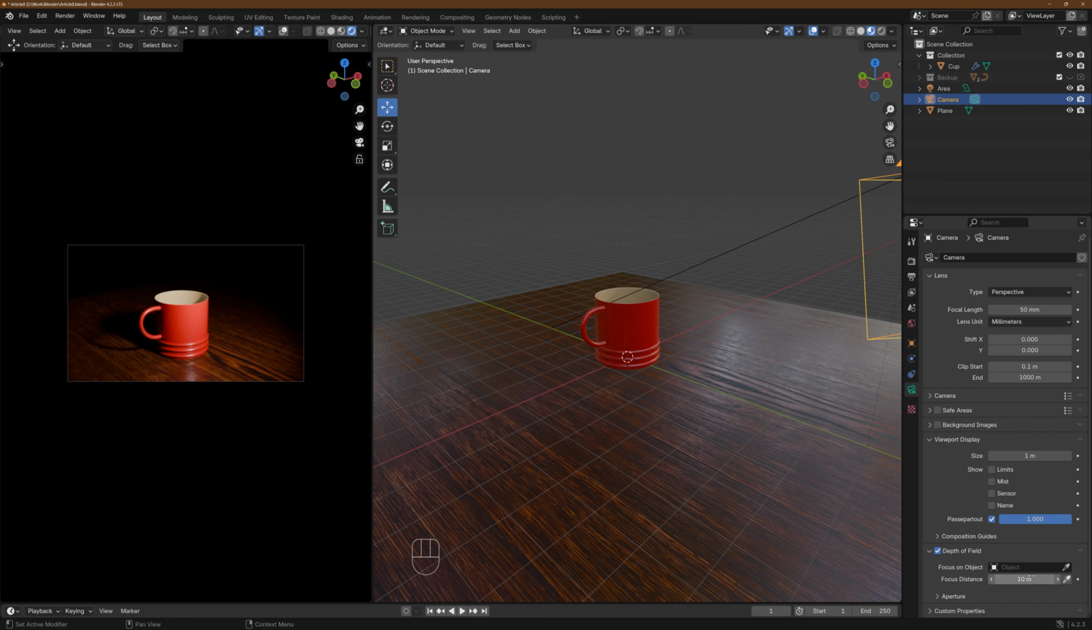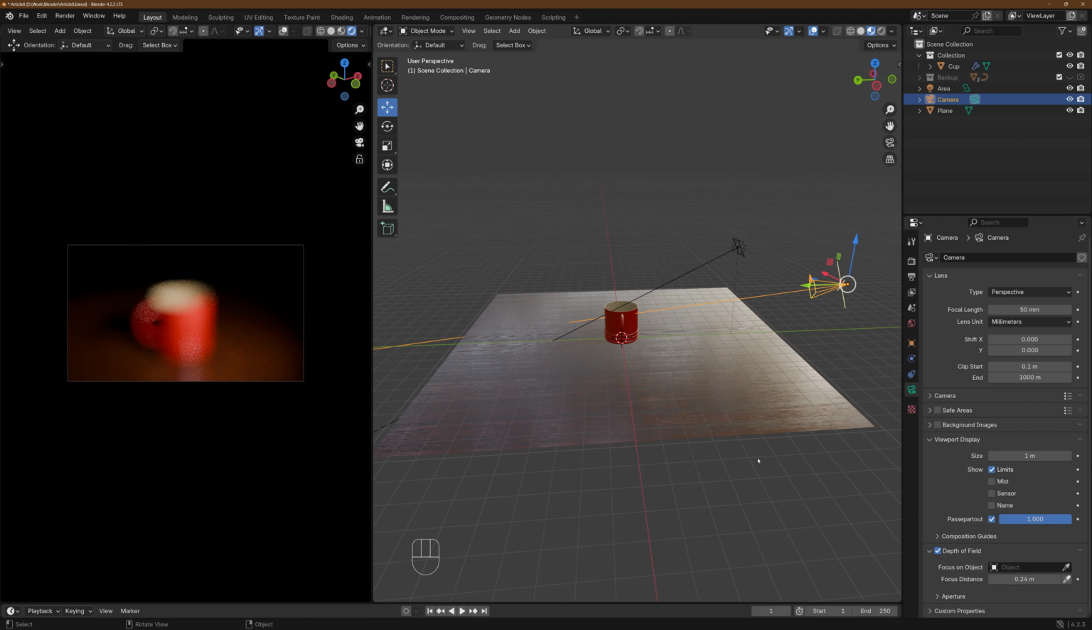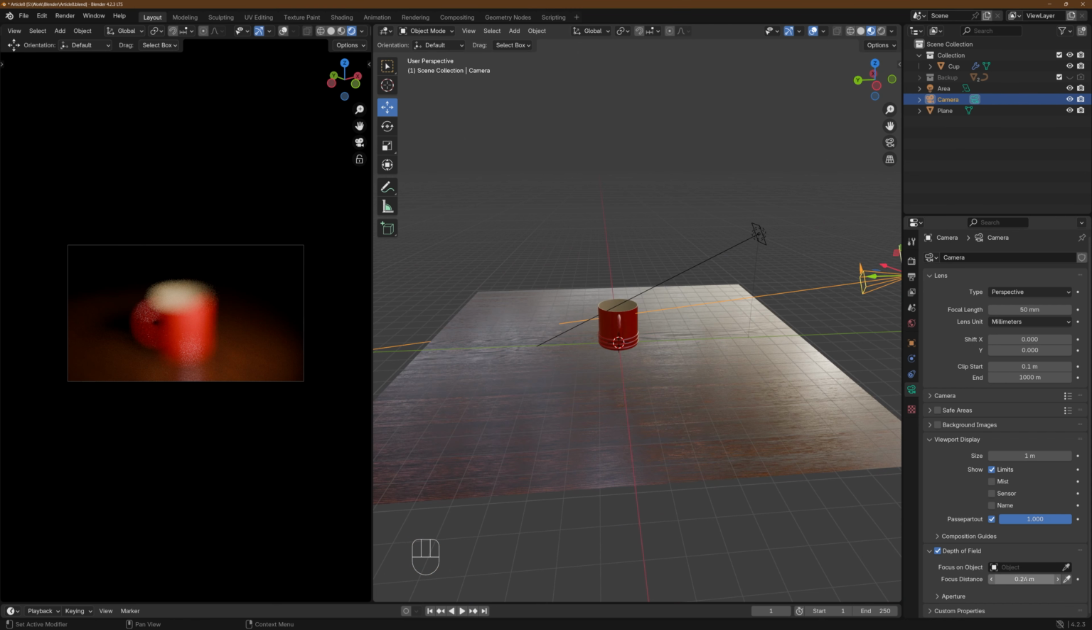So if I quickly reduce my focus distance, you see that if I take it all the way to 0.12, everything is blurred out. The reason everything is blurred out is because we're adjusting where the focus point is. If I come to my limits, I believe that's what it's called, you would see that